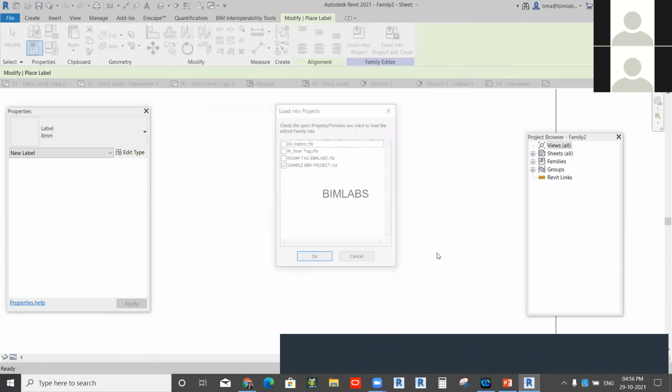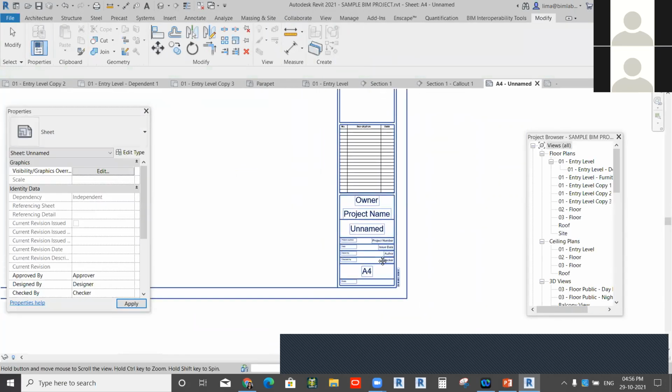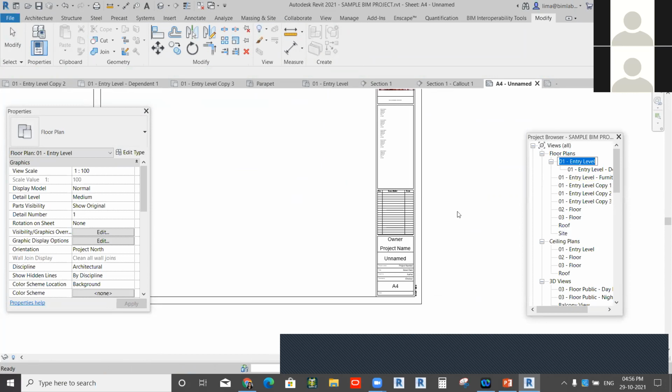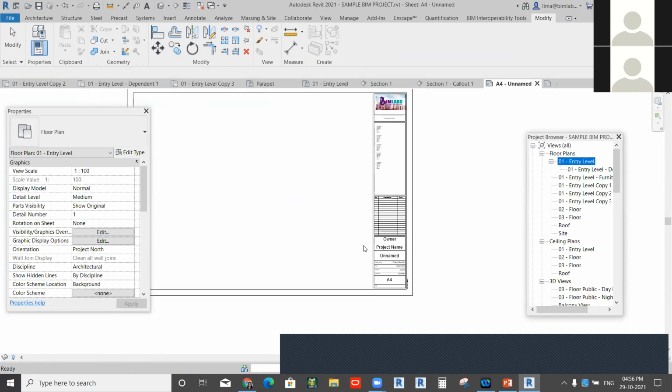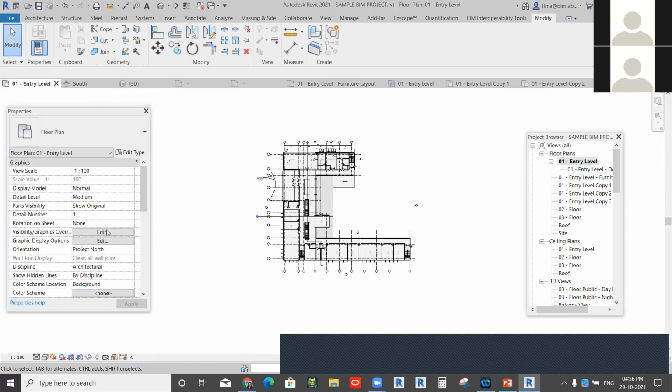So that's the method. If I want to add any views to the sheet, you need to properly crop that item and properly scale that item. Then you can place the view into a sheet.